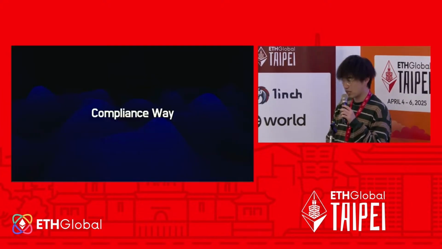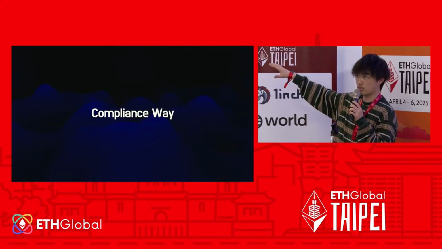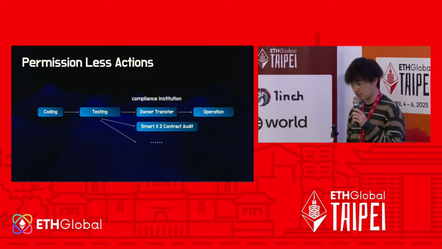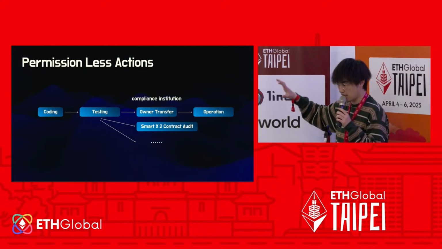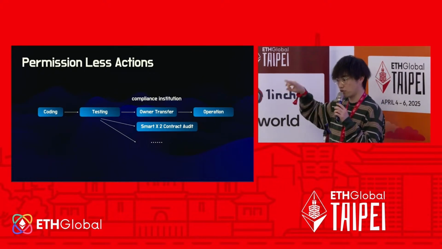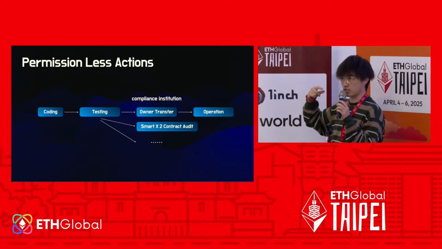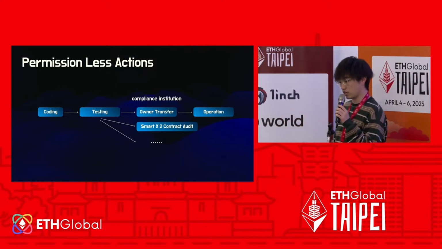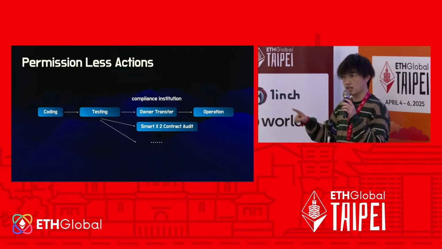So we're trying to change the developer process in a compliant way. That is also the track we want to find during ETHGlobal. You code your project, but the whole development process needs you to transfer ownership after you test your project and before you deploy it. We provide several ways. The easiest way is to transfer the owner to maybe multi-signature wallets, and maybe you do a smart contract audit too,